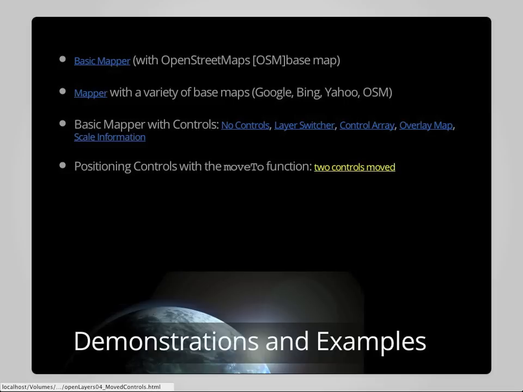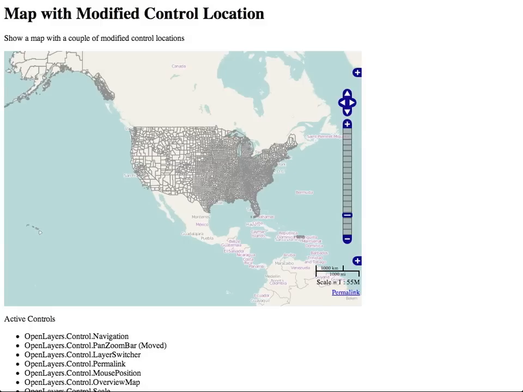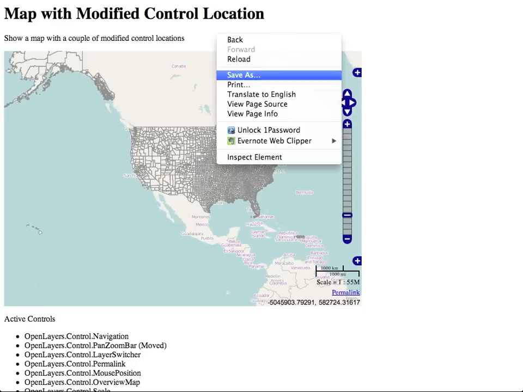We'll do that by clicking on this last link on the page, where you can see that I've changed the location of the pan zoom control here and the scale line control. So these are no longer in their default locations. If we view the page source for this,